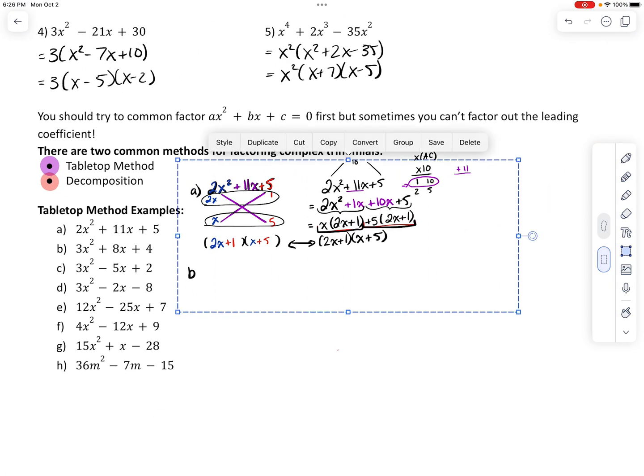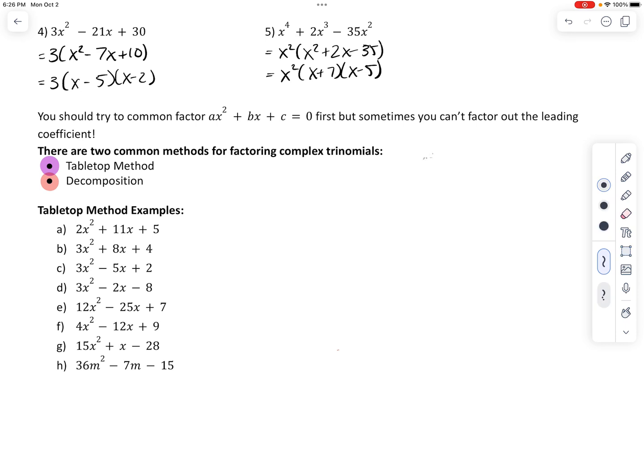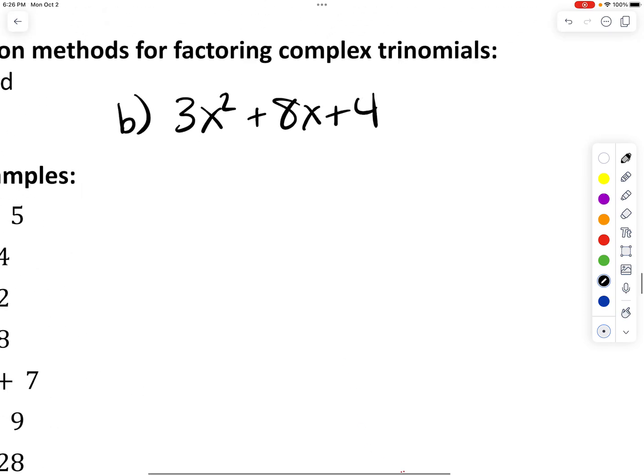Actually, I'll just erase all of that. Okay, so let's do B. Question B is 3x squared plus 8x plus 4. First thing I'm going to do is the tabletop option. So with tabletop,